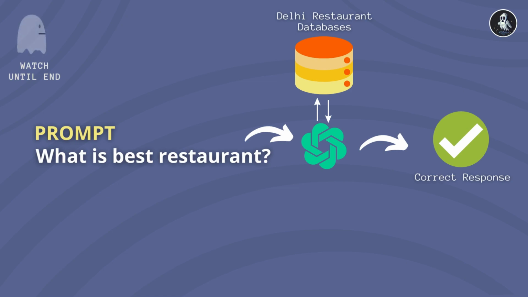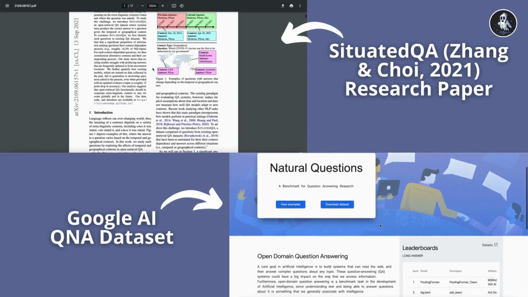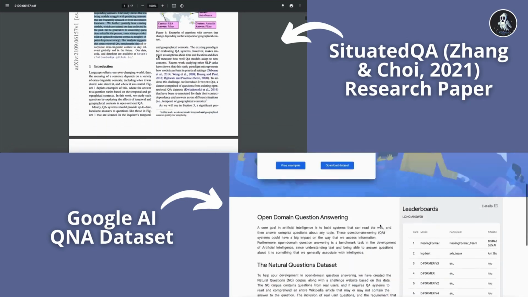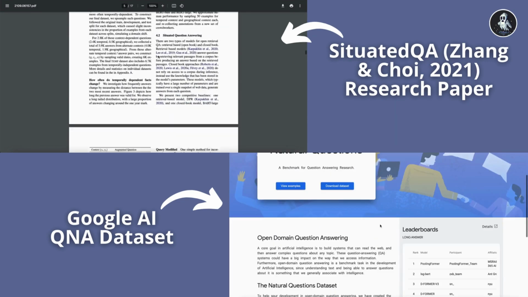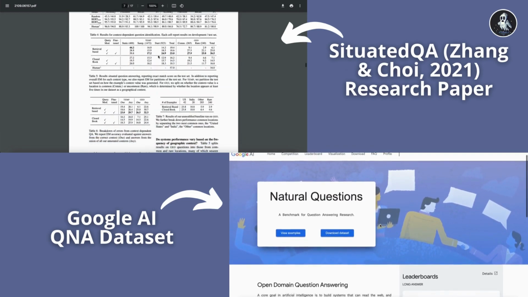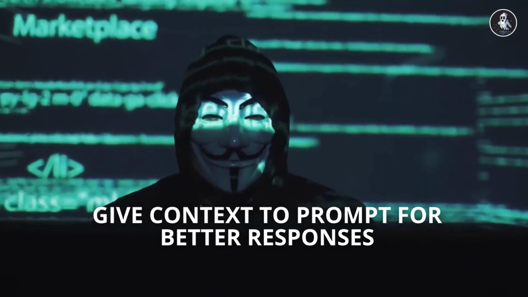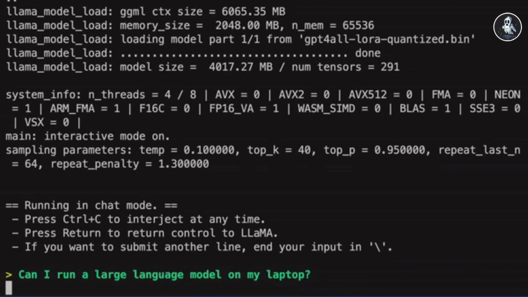And according to this new research paper on SituatedQA, 65.5% of natural questions of the NQ open dataset show that you have to give the context to the questions when building your prompt. So personally, I suspect that this percentage would be even higher for company or organizational use